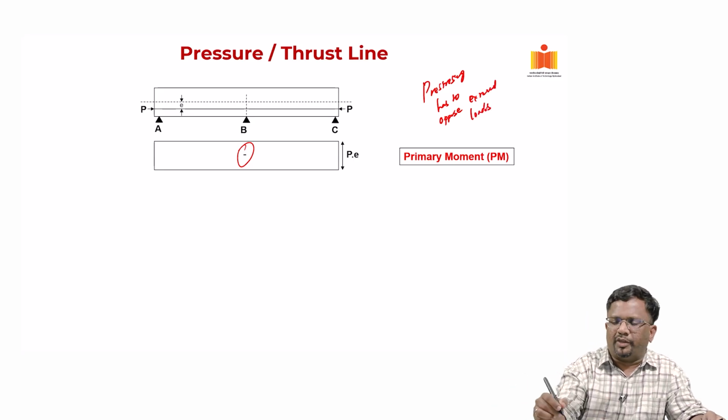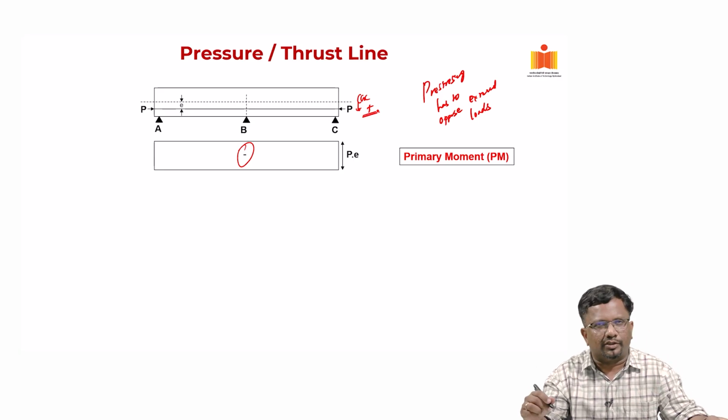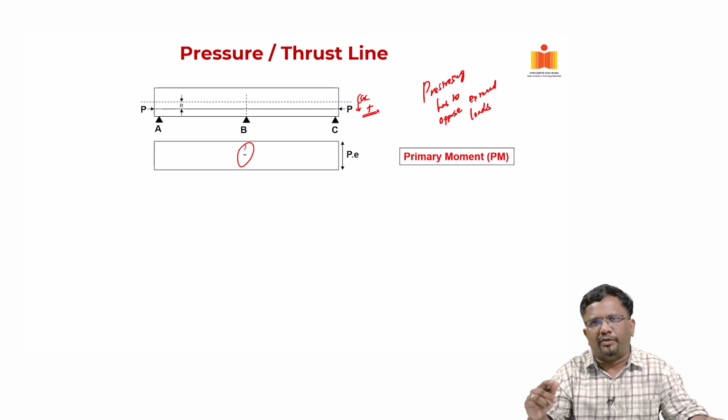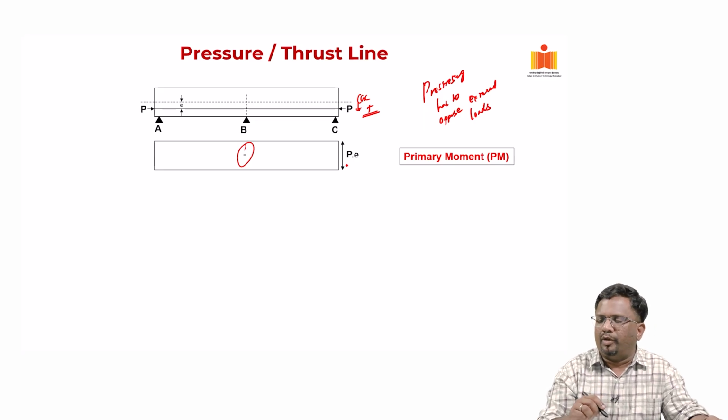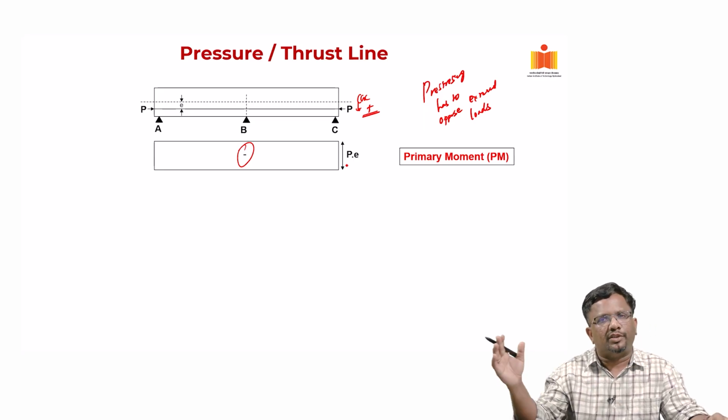So, that is why typically the E, if it is below the CGC, it is considered positive, the eccentricity. So, the positive eccentricity will create a negative primary moment. So, that is why we are saying this as a negative primary moment, which is P E constant throughout